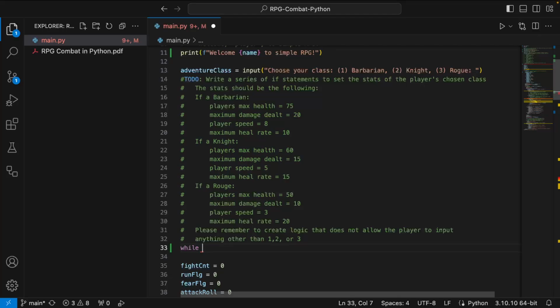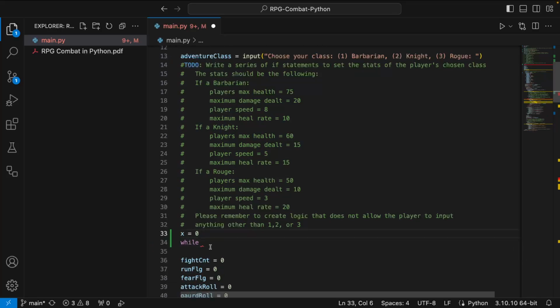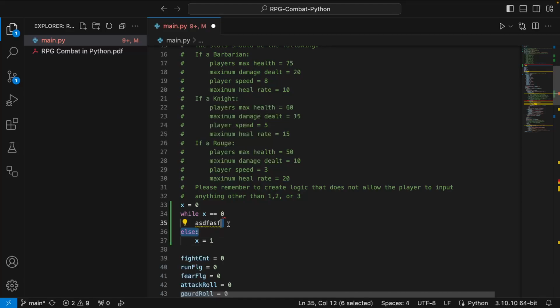Any ideas? I just created a variable, and then as long as it was one of the correct answers, I just changed the variable. Okay, so that's completely valid. So if I understand what you're saying correctly, you would do something like x equals 0, and then while x is equal to 0, you would have your logic, and then else x equals 1. As part of the logic, if they got one of the correct answers, it would change it to 1. That's right.